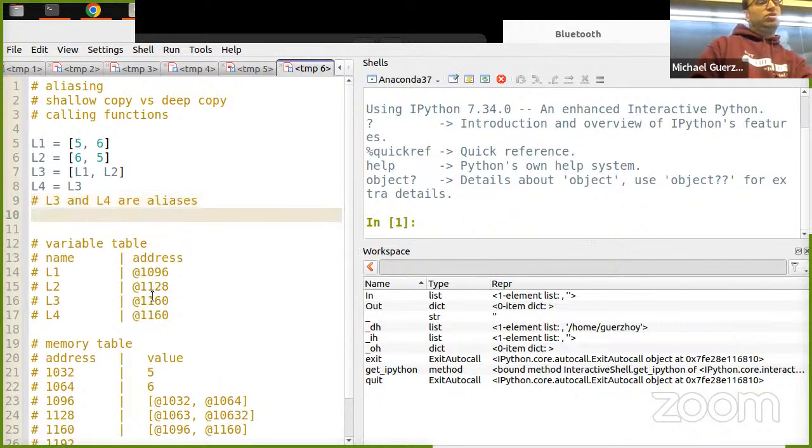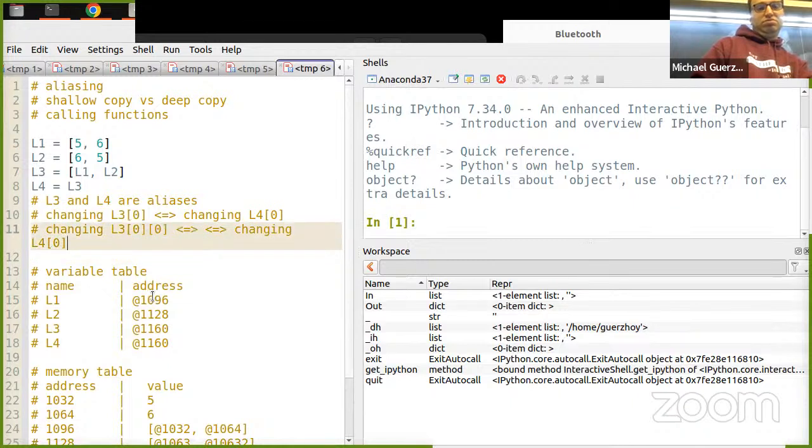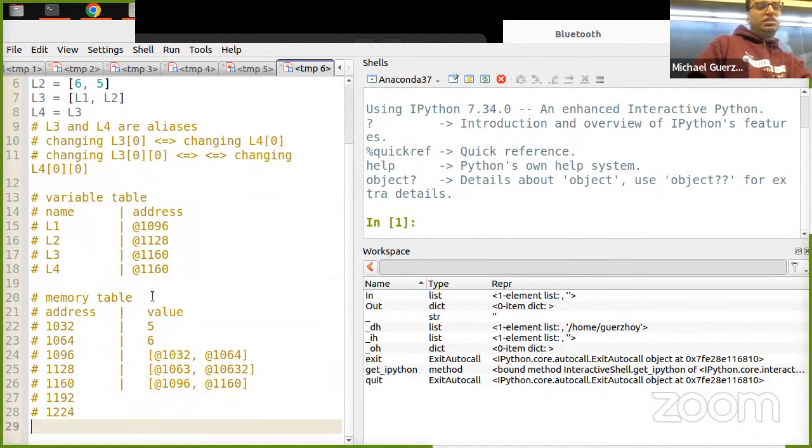So changing L3 at 0 is the same as changing L4 at 0, and so on. Make sense? Of course, because L3 and L4 are the same list.